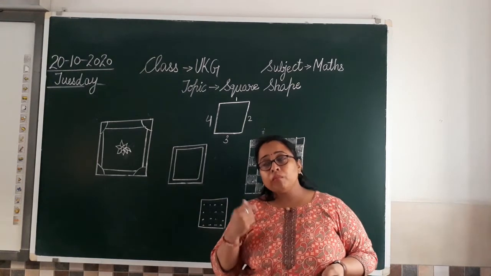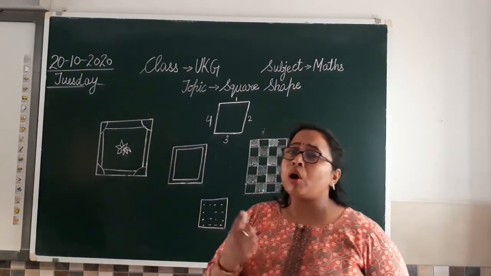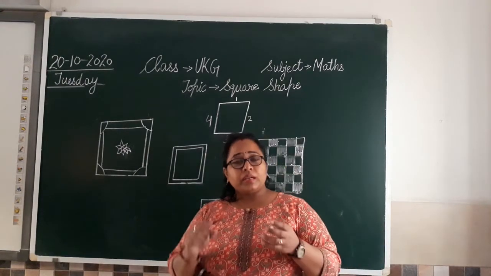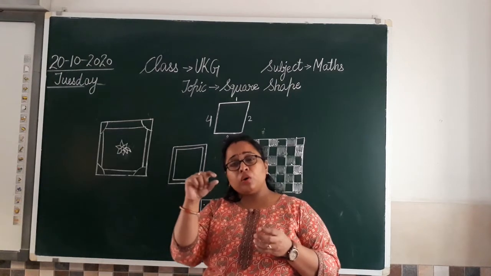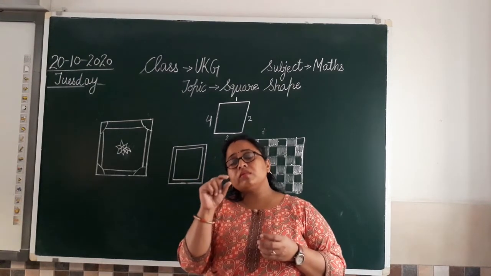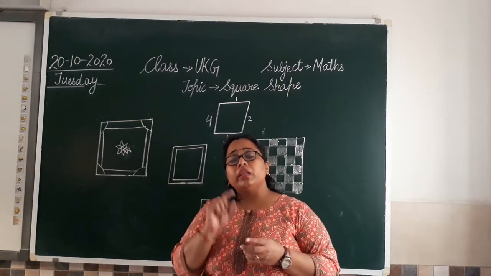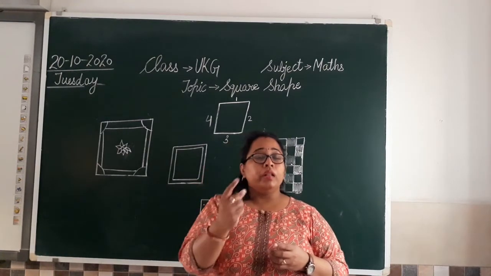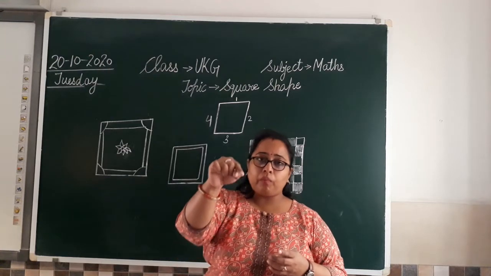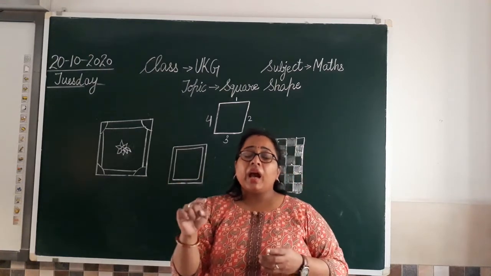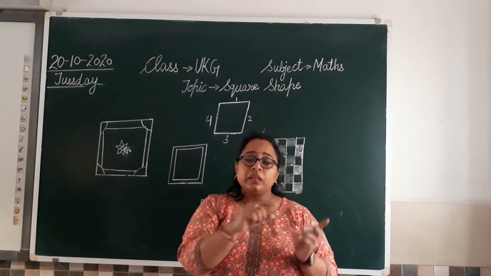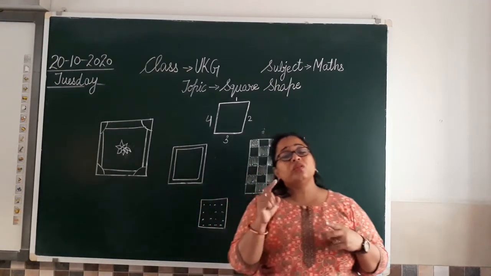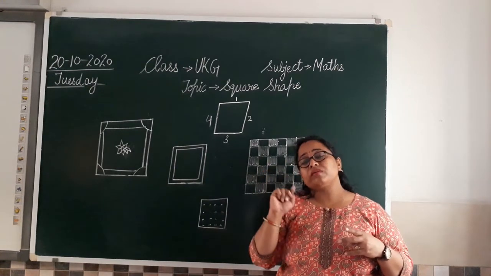Clear? Now one more indoor game if I talk about, you all might have played Ludo or Snakes and Ladder once. जब आप Ludo और Snakes and Ladder की जो columns होते हैं, जो boxes होते हैं, आप उनको देखोगे, they are also square in shape. जिसमें हम 1 by 1 Ludo में आप एक box को count करके you move ahead, and in Snakes and Ladder you might have seen counting is written from 1 to 100. So that 1 to 100 is also written in square boxes.